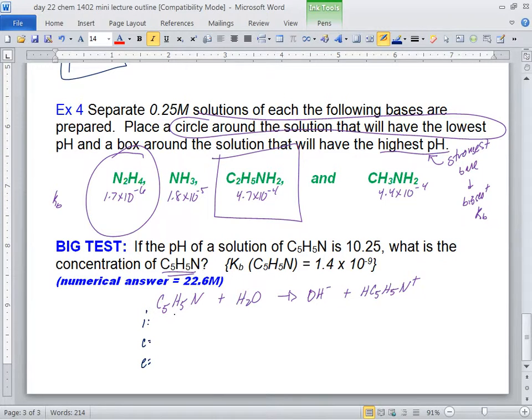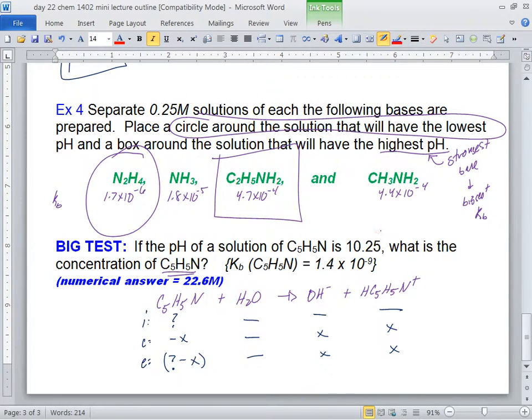So we don't know what this is, right? Water's always dashes. That's probably how I would do the ICE table, something like that, right? And then I think a lot of you have figured out this part though. By them giving you pH,